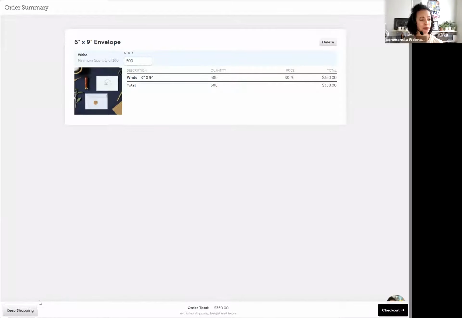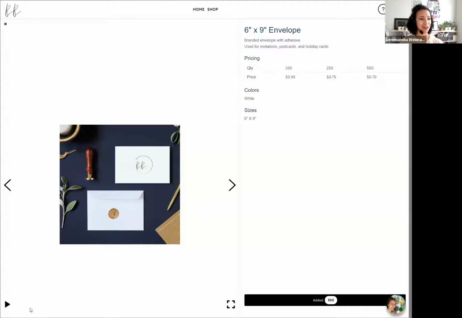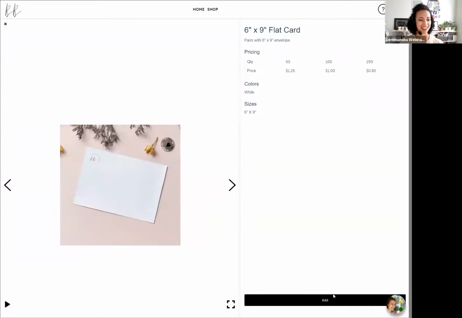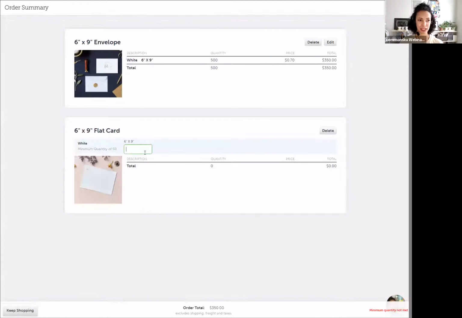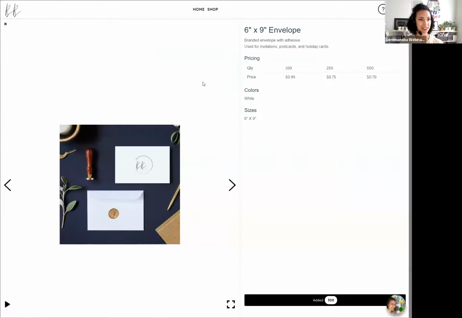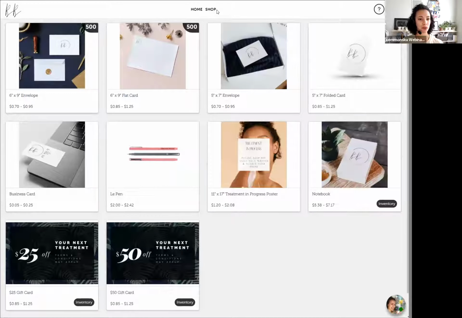Now, of course, your shoppers can order multiple items. So I've got the envelopes here. Maybe I want to add the cards as well. They can continue to shop at their leisure, choosing as many products as they like. Now, I'm actually going to go ahead and order from one of the pre-purchased inventory items, so the notebook that